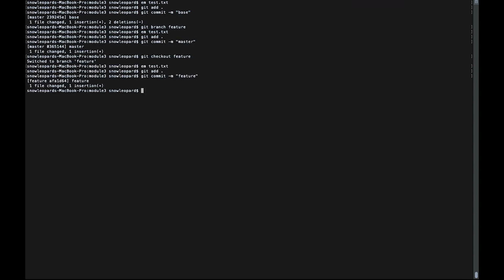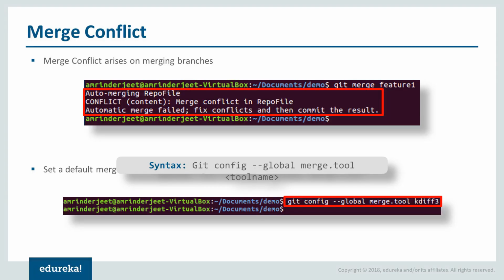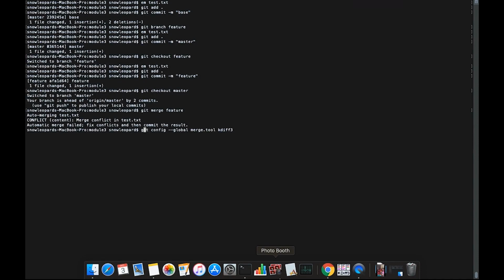Now let's go back, switch to the master branch again. We already see that there is a point of conflict that will arrive, but let's merge the feature branch to master. Now here we get a merge conflict. It says that we have a conflict in test.txt and we have to fix it, and then we can commit. There are many ways available, but one quick way is to use some tool. So we are going to introduce a tool, kdiff3, and the command is